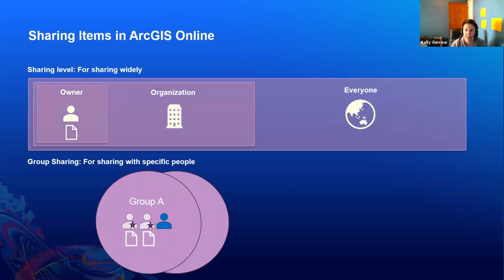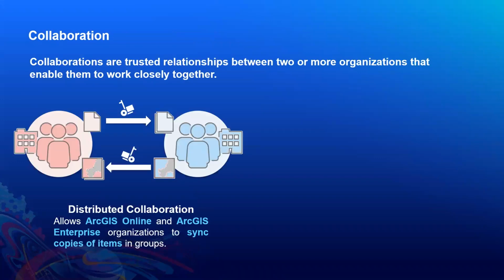And there we go, we're adding some more people into the groups. So with collaboration, what we're doing is establishing a formal relationship between 2 organizations to allow them to work more closely. What this does with the sharing model is it opens up some of those capabilities that are reserved just for sharing within the organization to sharing with other specific organizations. So with partnered collaboration, we're still sharing content